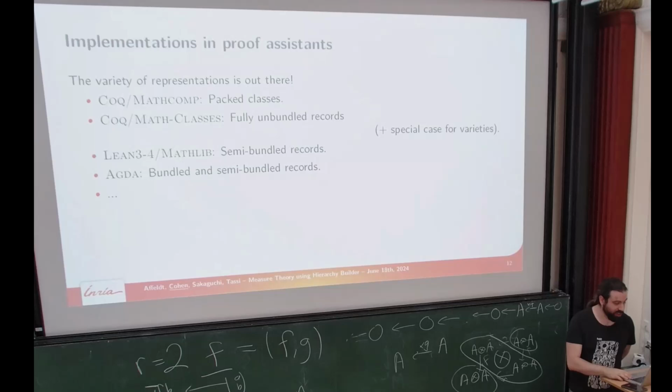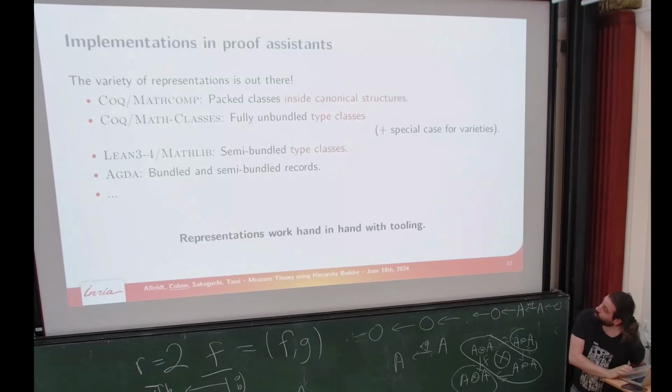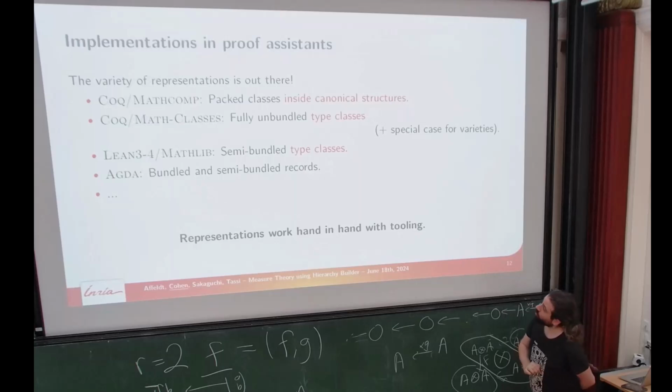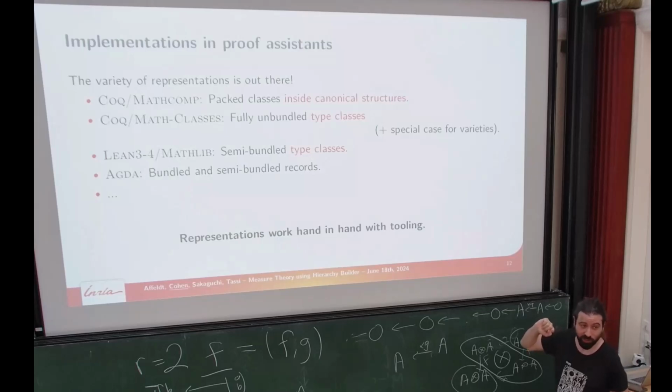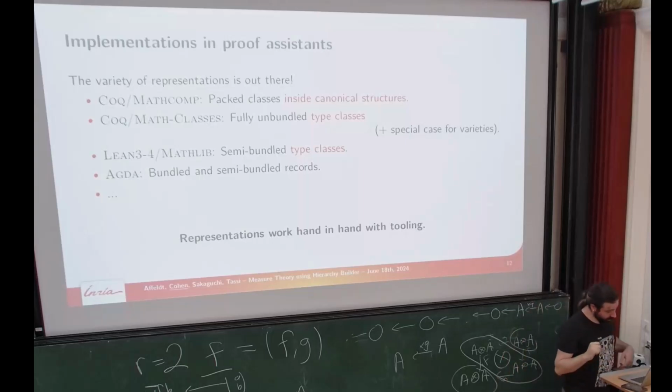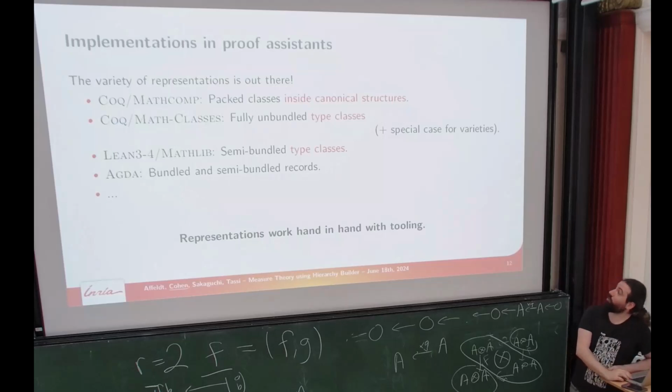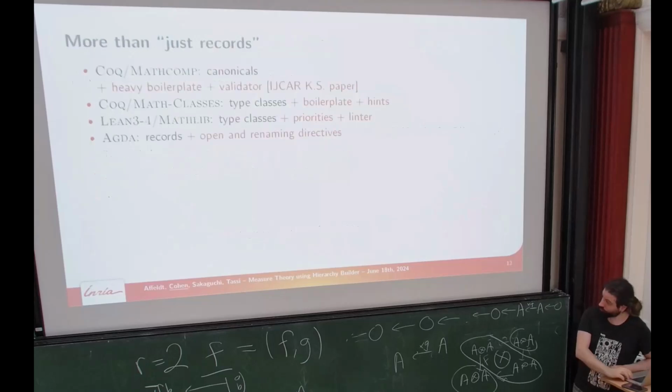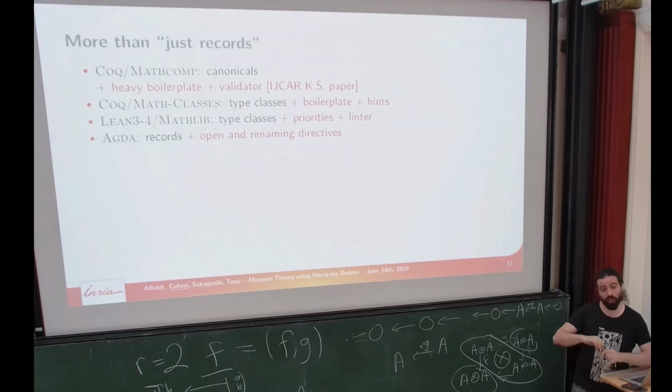So that's why, in addition to what is used in all of these systems, there is an extra layer of metaprogramming. So in Coq MathComp, it's canonical structures that are used to make sure you will find instances or implement inheritance. In Coq math classes, it will be type classes. In MathLib, it's type classes. In Agda, it's a pretty smart set of directives to be implemented. But it's not all, because all of this is very error-prone. And there are many external tools that have to be added to such libraries